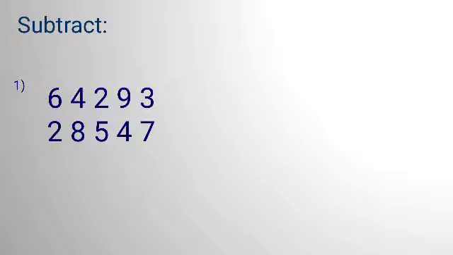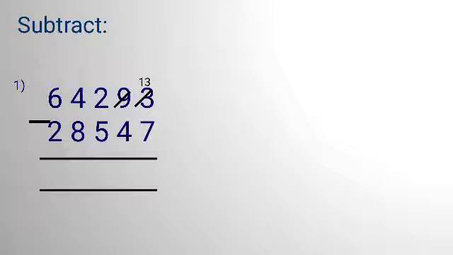As you can see here, the minus sign and the underline sign. First we have to arrange the numbers as per the place value. Now, students, the first unit place is 3 and below it is 7. 3 minus 7 is not possible because 3 is smaller than 7 and we cannot subtract 7 from 3. So what do we have to do? We have to borrow 1 ten from the next column, the tens place. So here 3 becomes 13. Now 13 minus 7 is 6.